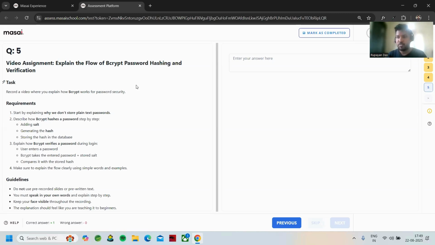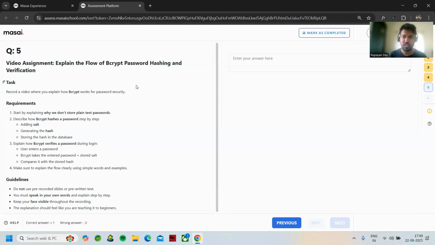Usually we don't store the password, which is a text or string password, directly in the database, because we usually use the same password for too many websites. So if somehow this password gets leaked or someone hacks the database, then he will know the password and he can do whatever he wants with our accounts. So that's why, to provide security,